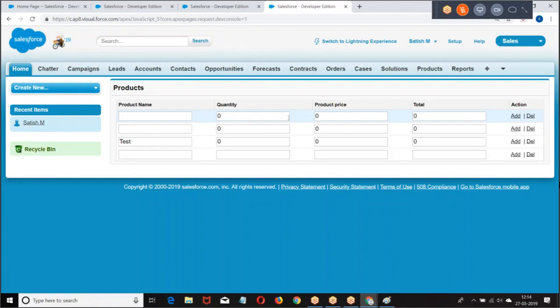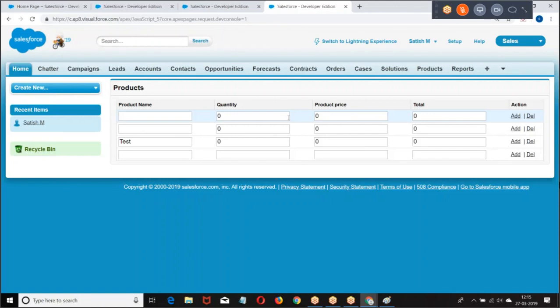Now the question is, how do you pass the row number to the Apex class? If you want to delete, we have to say remove index. If you want to add an element at a particular position, add index comma element. So how do you pass that index value from JavaScript to the Apex class? Did you get my point?